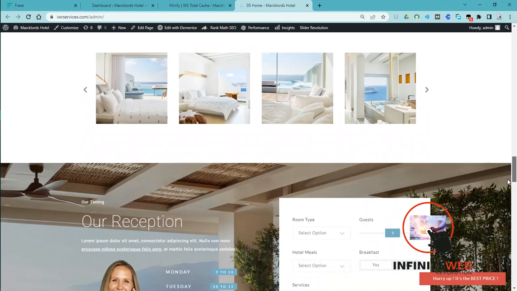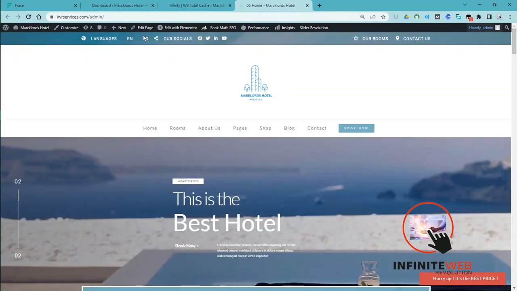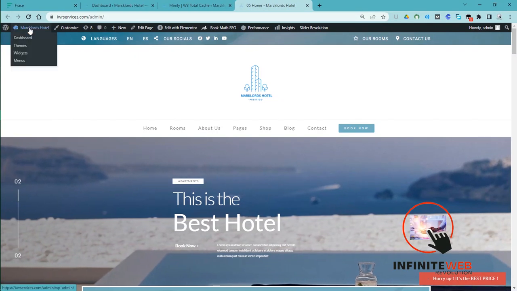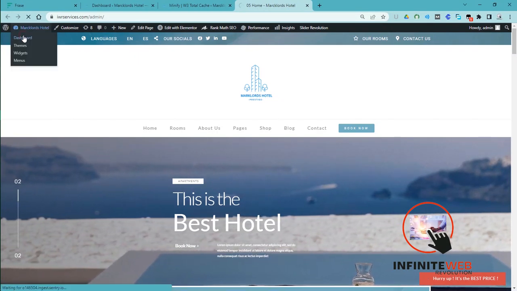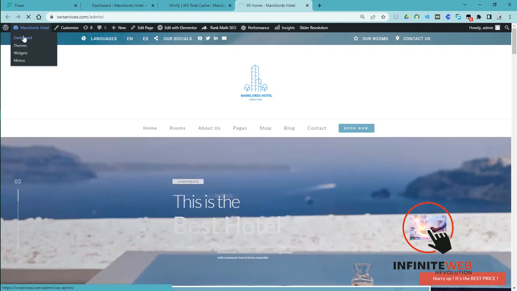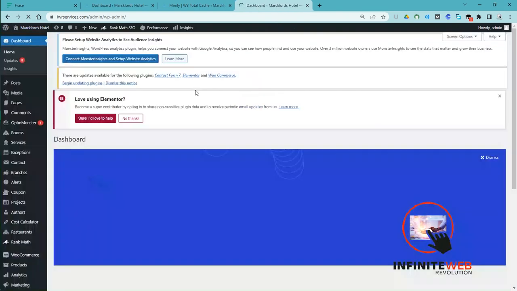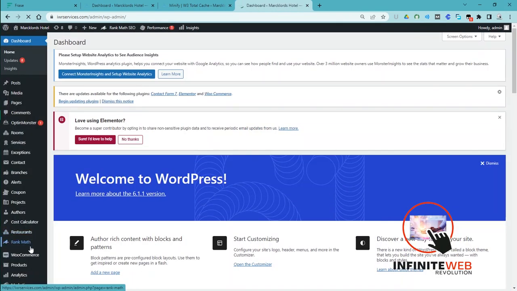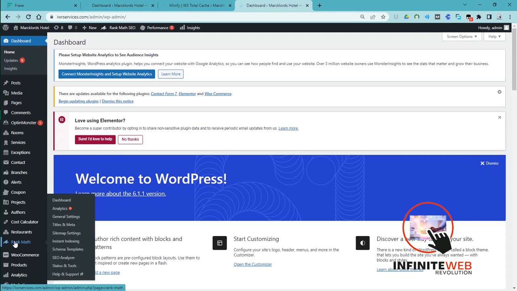Now the first thing to do when it involves that, you need to have an SEO tool. You need to have an SEO plugin running on your server. So right now I'm using Rankmath PRO. So there are many of them. You can decide to use